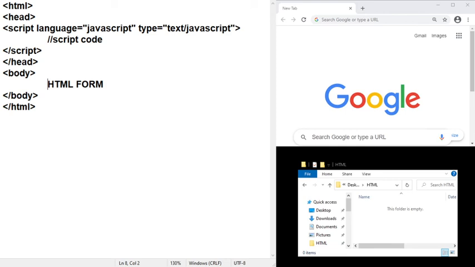And we are going to save this file as a .htm or .html file, right? So please make a note of this structure because this is the point from where I will start with my training using simple practical